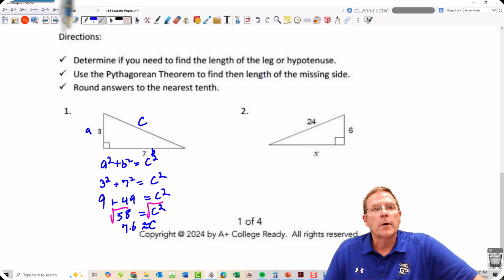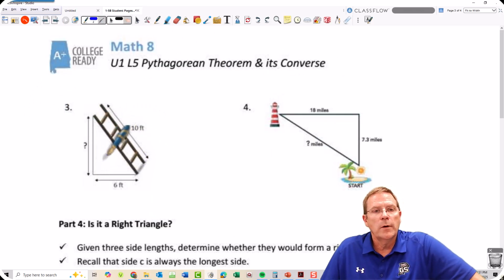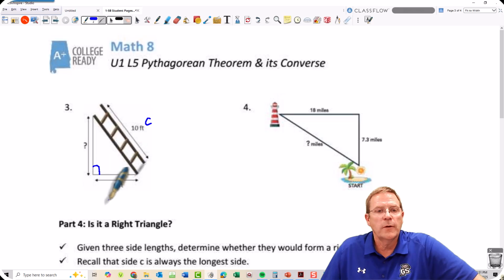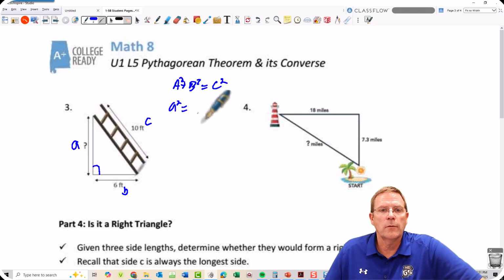Now, we're going to come back and let you do number 2 in a minute, but on this one, we want to look at it, and what do we have? We have the side opposite the right angle, so we have C, and we'll just go ahead and call this side B, and we're going to look for A. So we're going to start off by writing our formula. A squared plus B squared is equal to C squared, where A squared we're looking for,